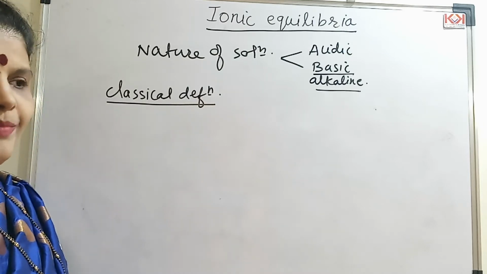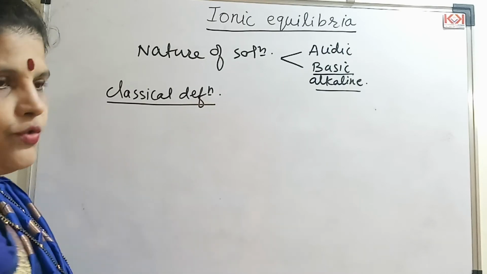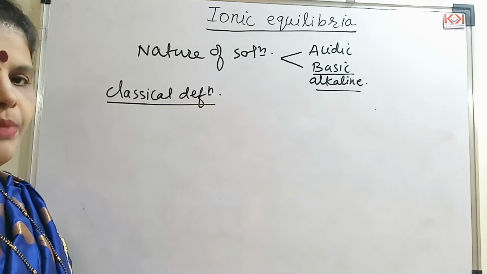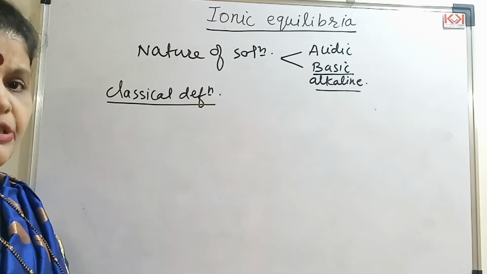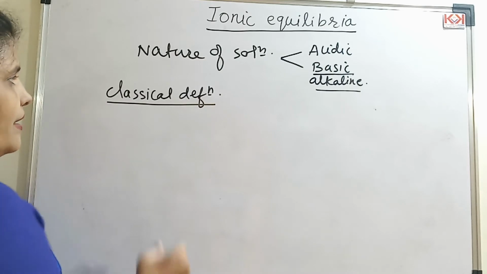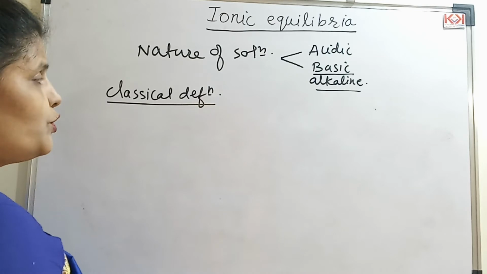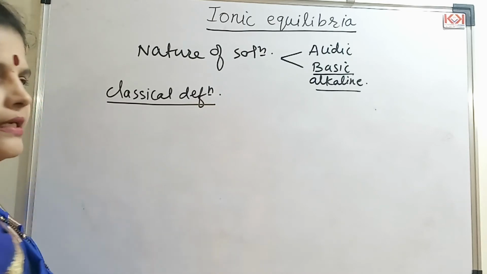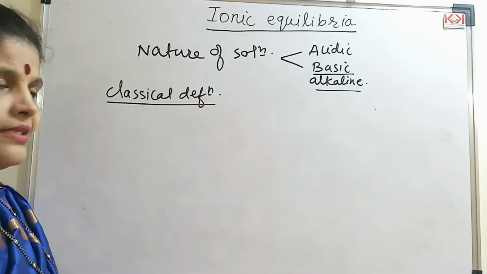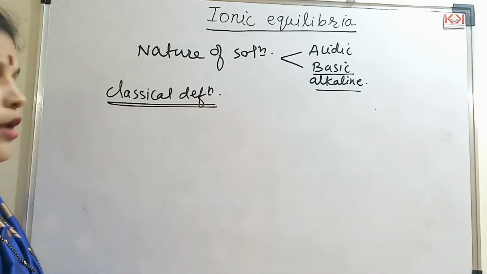In ancient times, there were no labs to carry out the experiment to know the pH of the solution. Now we are using a term called pH. We have the pH scale, we have a pH meter to know the pH of the solution. But as initially there were no big labs or instruments available, simple techniques were used to know the substance's acidity or its alkalinity. So let us see the classical definition of acids or bases.